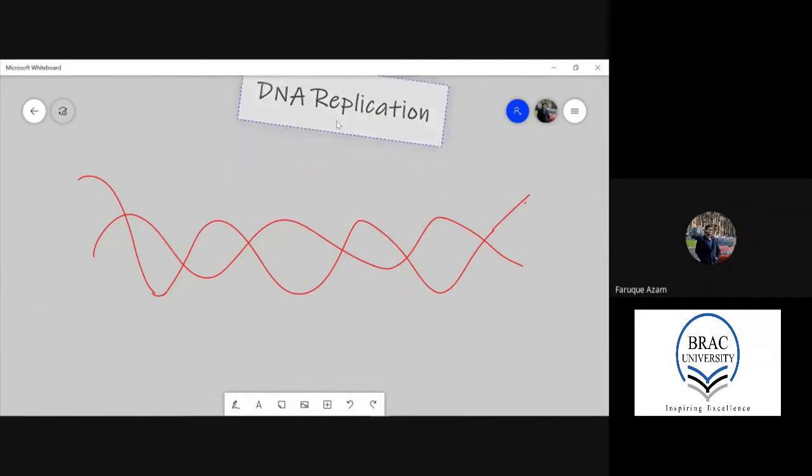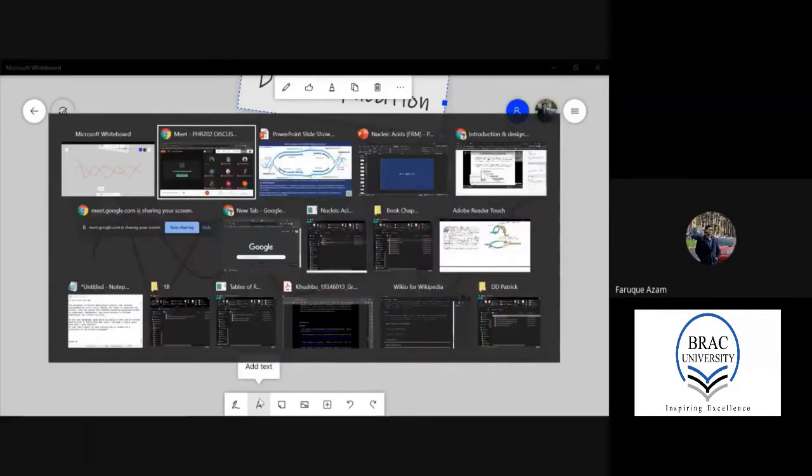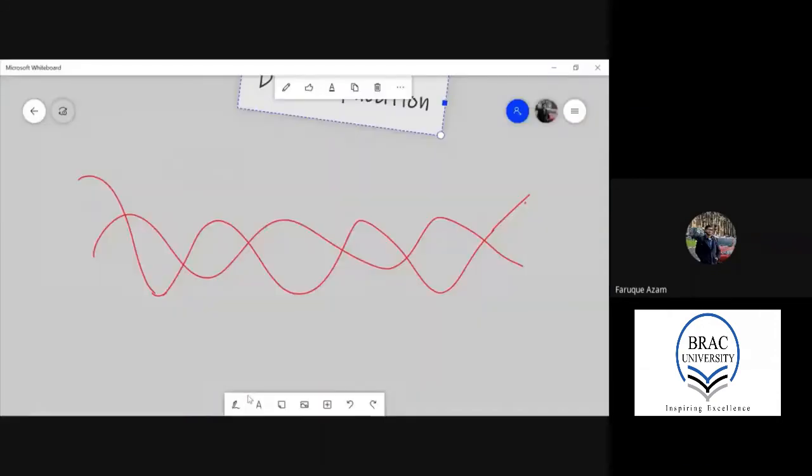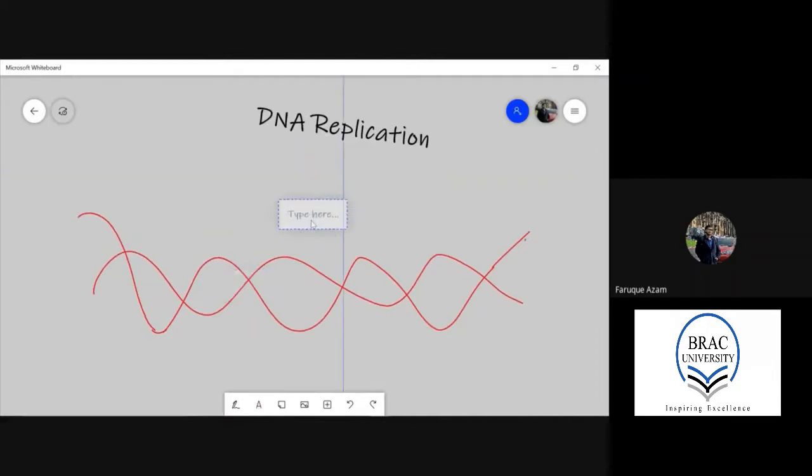So this is your, like, if that is your DNA that needs to be replicated. So quickly I'll just show you the process. So if that is the origin of replication, it will be somewhere at some point, right? So for instance,